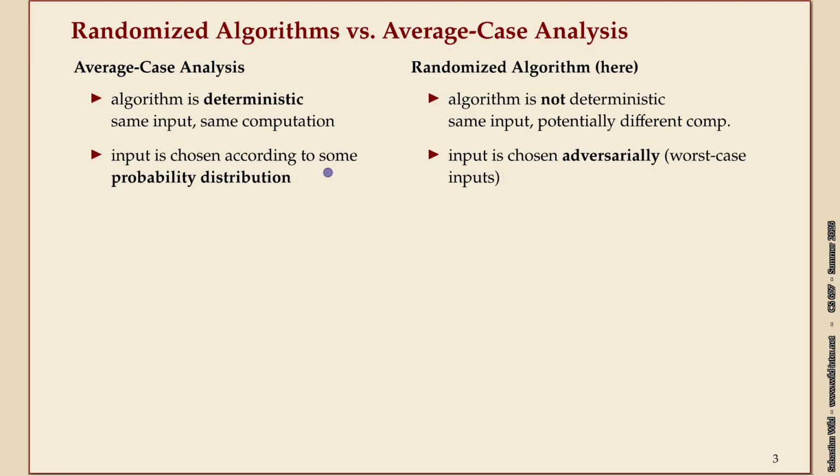Average case analysis says, okay, the input is random and it's coming from some distribution. In randomized algorithms, our usual type of analysis, at least, will be worst case. We assume the input is the worst possible. But then we throw our random bits on it. And I guess